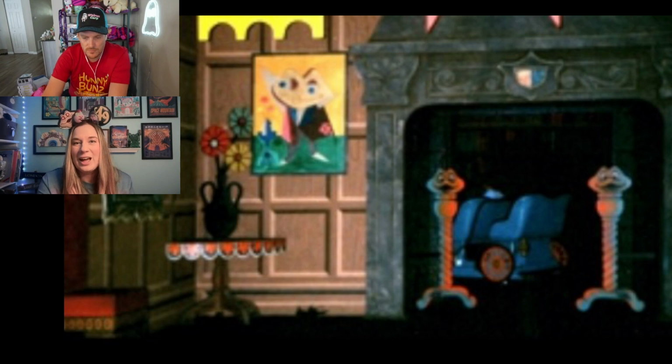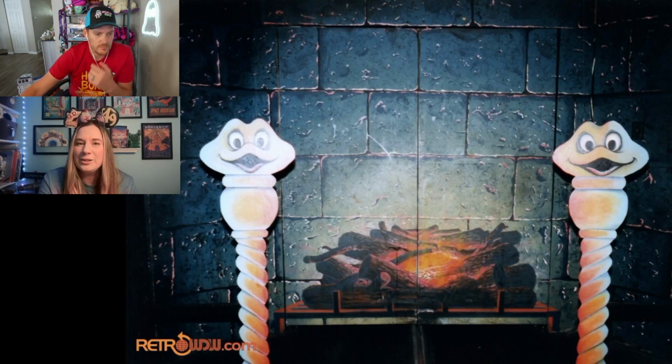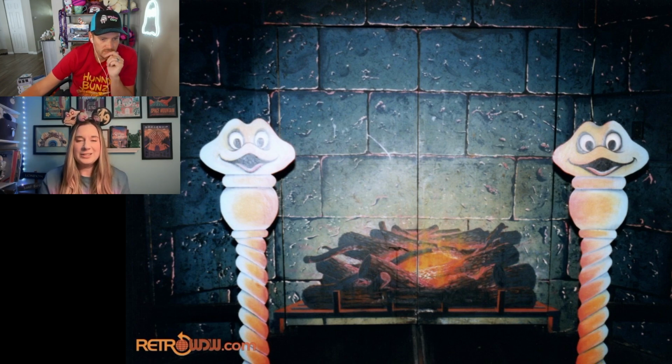But they have Mr. Toad faces on the top of them, and I do have a picture of what they look like. Here's up close. You can see that the fire is not the same as it is in Disneyland, where it has actual lit, glowing embers. This is, of course, before the 1983 version of Disneyland. It's just got painted logs that look like they're glowing on this wall that you're going to crash through. But the Mr. Toad, I think I'm going to call them andirons, and they might not be correct, but they're